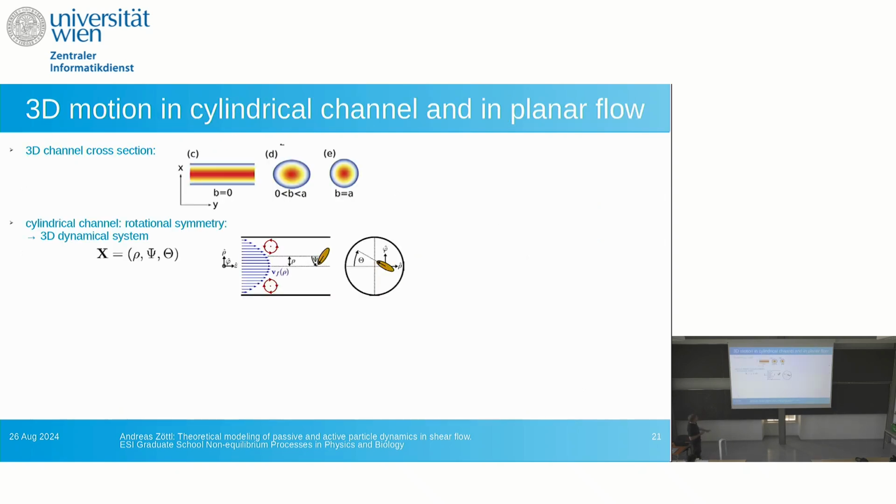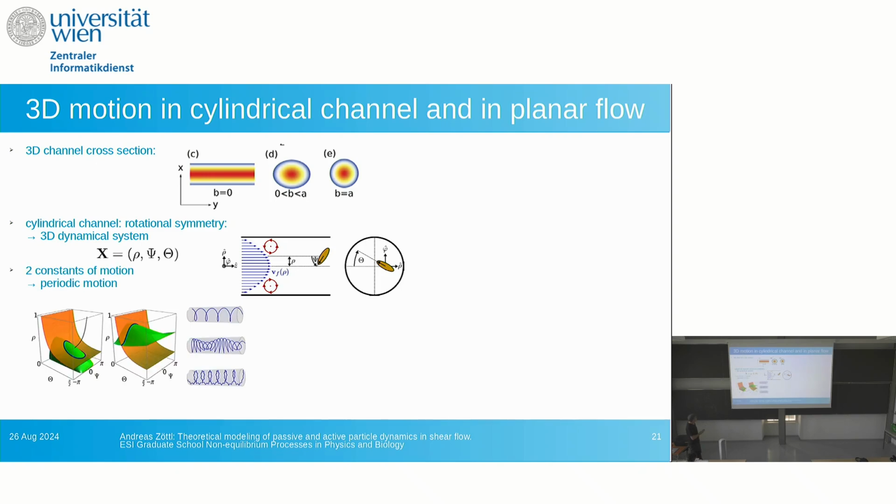Okay, this I will skip maybe, no, not skip, but let's say you have now a 3D motion of the swimmer. Then you need two angles to describe the director. And then maybe the position in the channel is just the radial coordinate. Due to the symmetry, the phi coordinate and the z do not play a role. So the state vector is now three-dimensional, and you get coupled equations for the three state variables. And then you can also show that there are two constants of motion, and then in the 3D